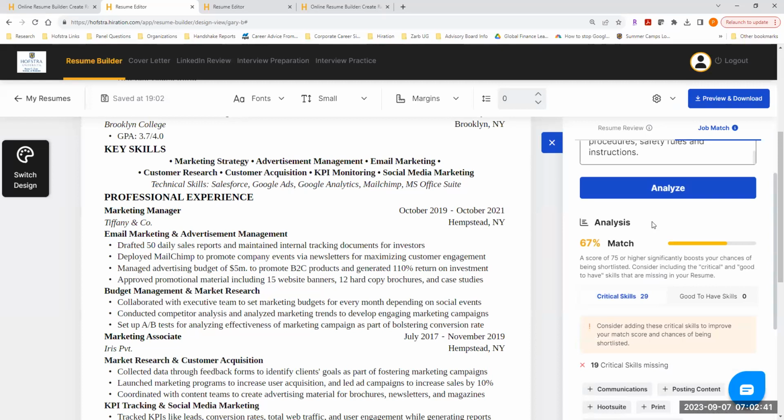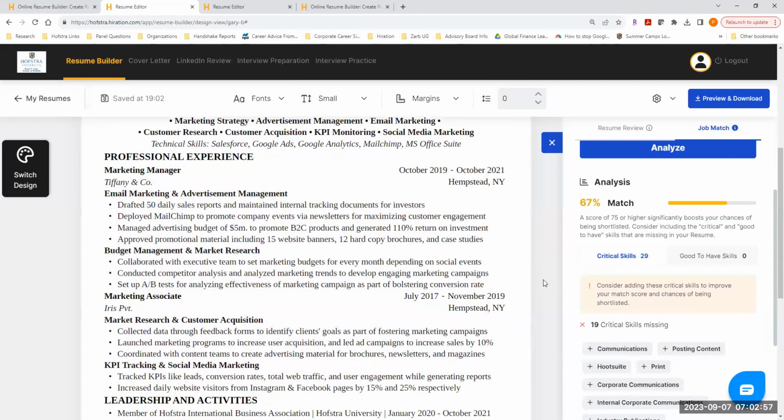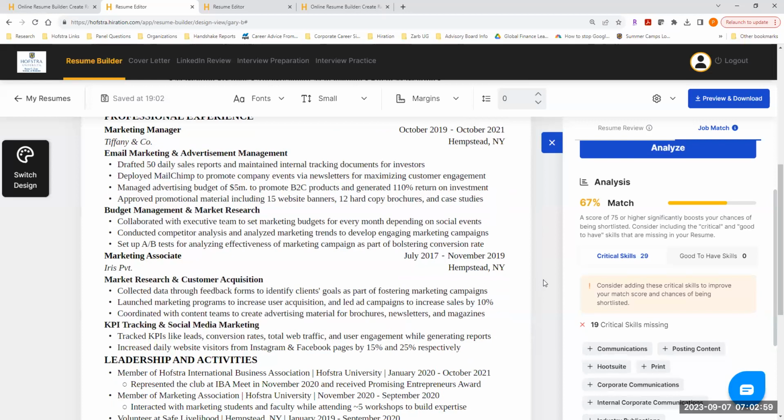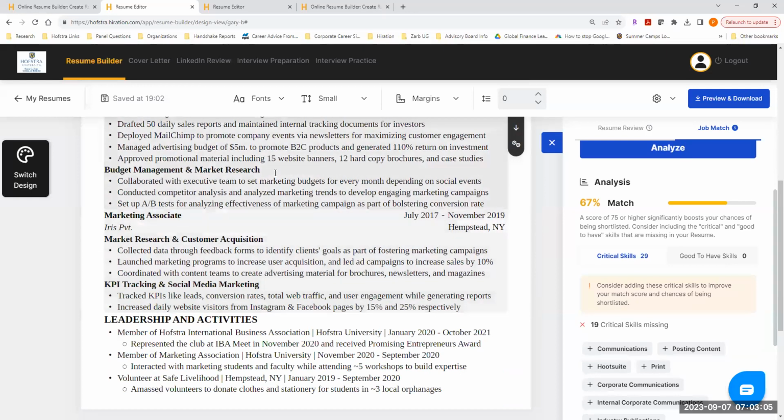But some of these other ones that are utilized more, like these that they're showing up top, like communications posting, Hootsuite and the like, those are going to show up and raise your score by more because they're up top. So they're the keywords that they're using more and more out of that job description. And in many cases, even looking at this resume,